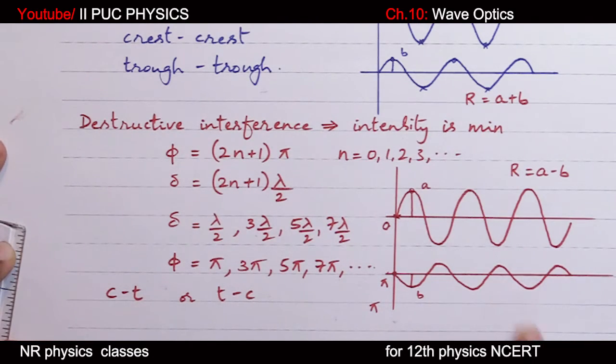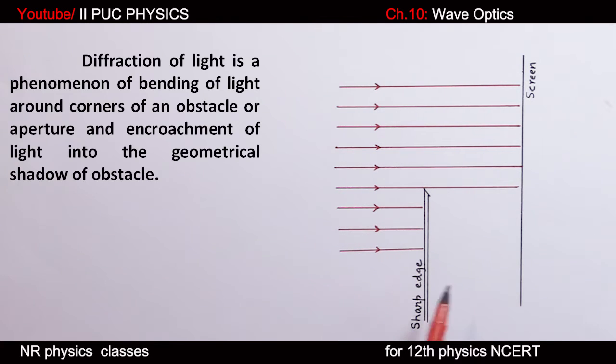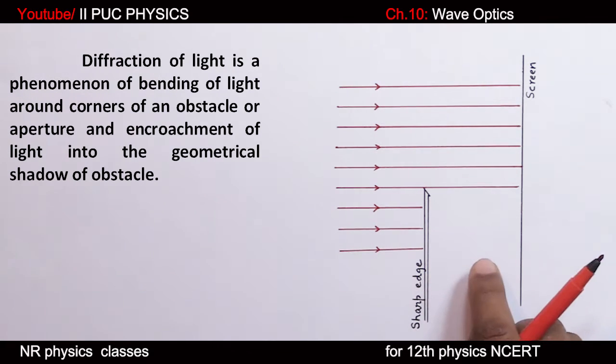Okay. Now let us start with diffraction of light. Go through this statement. Diffraction of light is the bending of light at sharp edges and encroachment of light into the geometrical shadow. Students, again go through this statement. After that,